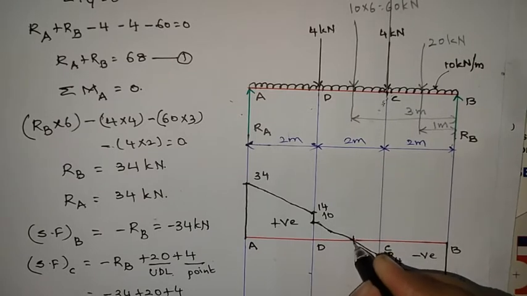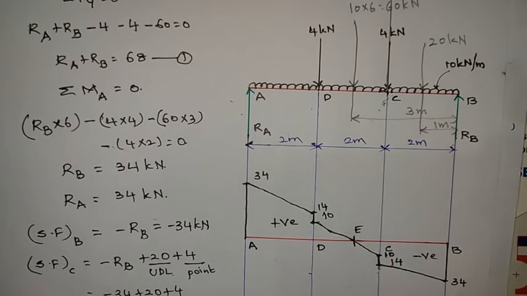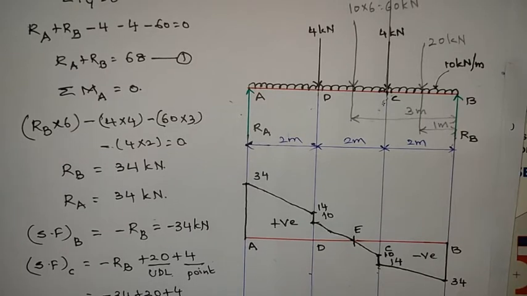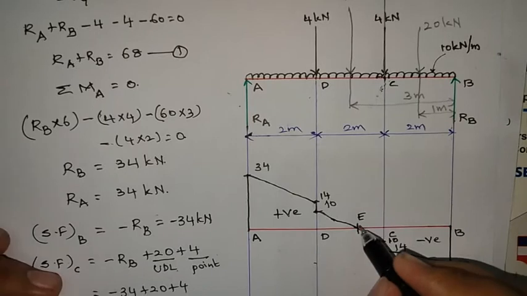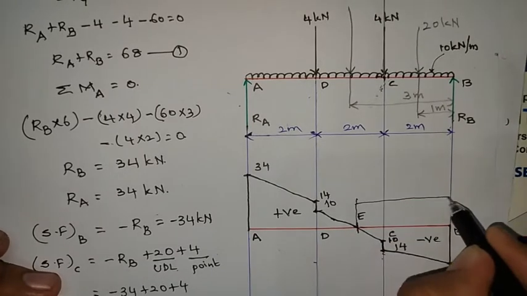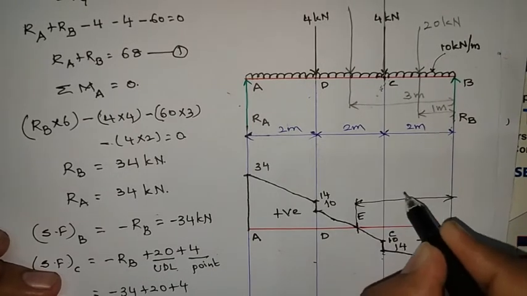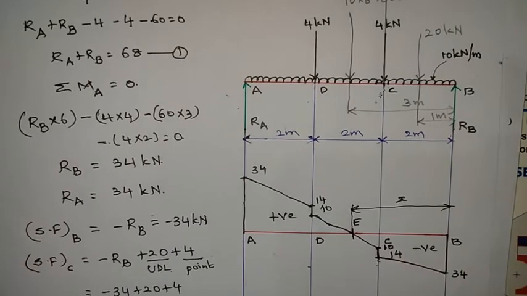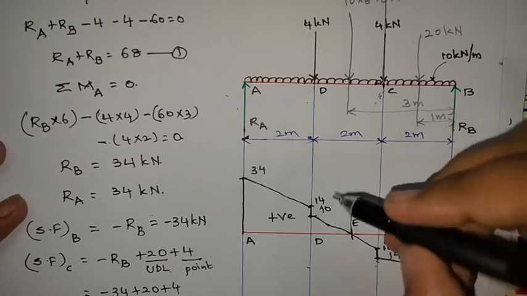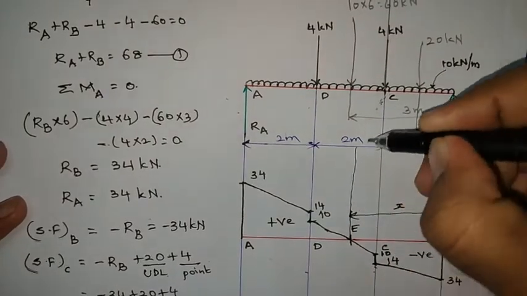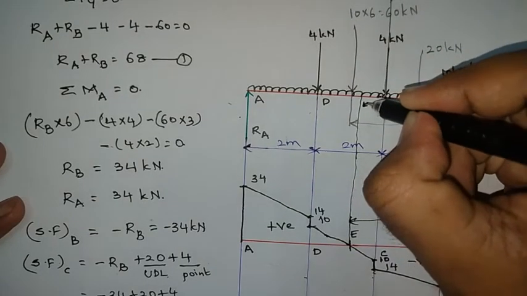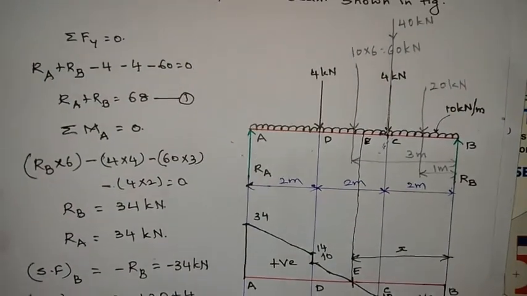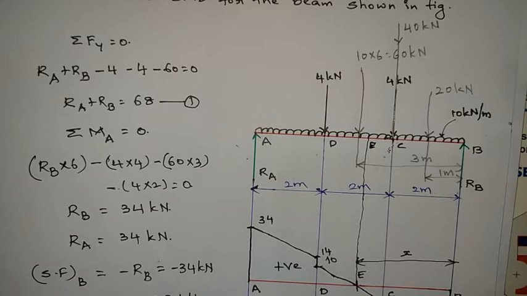So if you observe, this is point E, the shear force becomes 0 or changes its sign. So now find the distance of point E from the other end, right? Let us say that is equal to x. So now I require that x value. So project the same point E onto the diagram. So now this is point E, right? So now what is the shear force at point E?